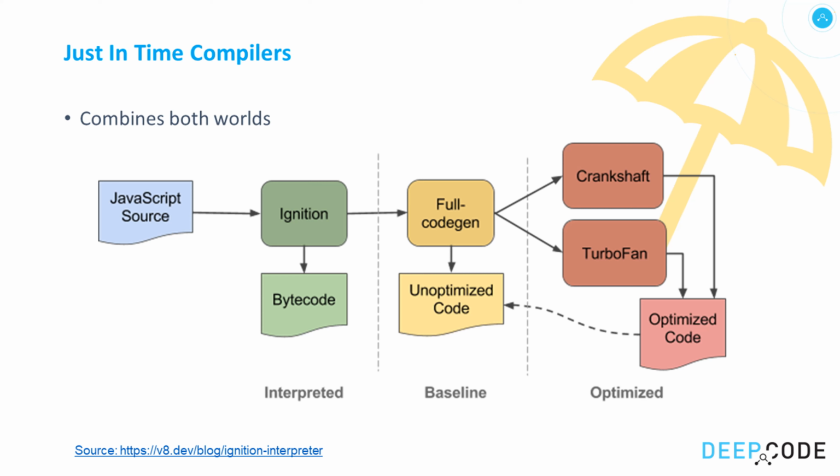What full code gen now does is it tries to identify elements within the source code that can actually be compiled, and by being compiled, optimized. And you see there are two kinds of compilers that optimize here, Crankshaft and Turbofan. Both result in optimized code that is then used in conjunction with the non-optimized code in an interpreted form. So what we have is a just-in-time compilation of elements that can be compiled and optimized this way, and other elements that are kept outside of this world that are simply judged as not